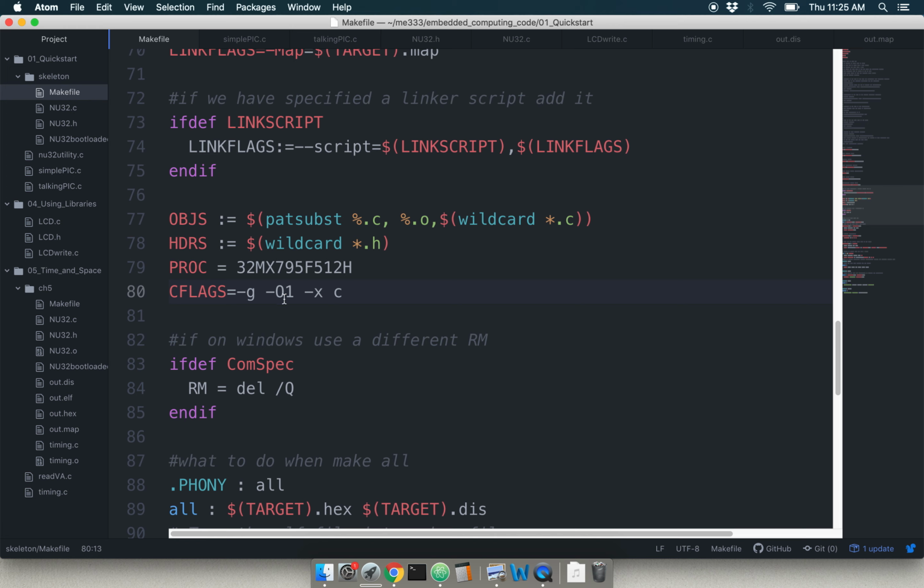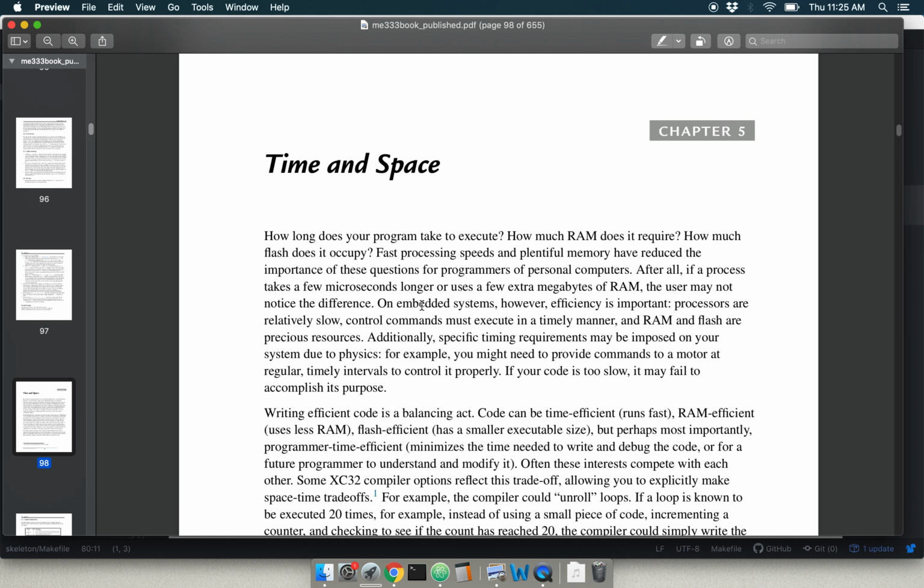This is capital O, not a 0. 0 usually shows up with a slash in it like that. And the O1 is what we care about here. O1 means optimization level 1. So whenever you use the makefile, by default,